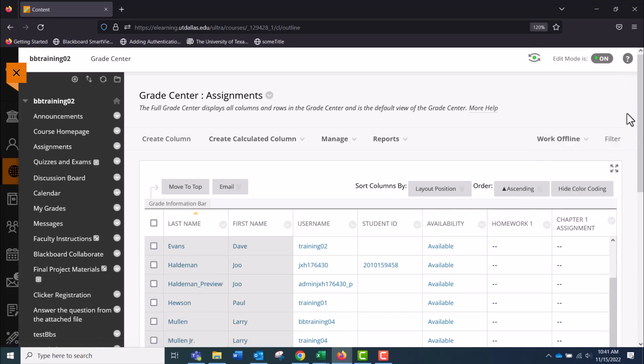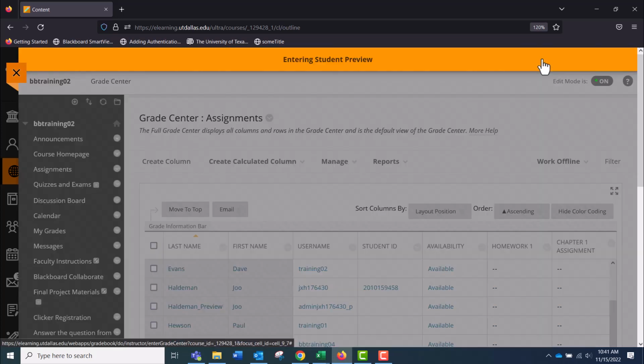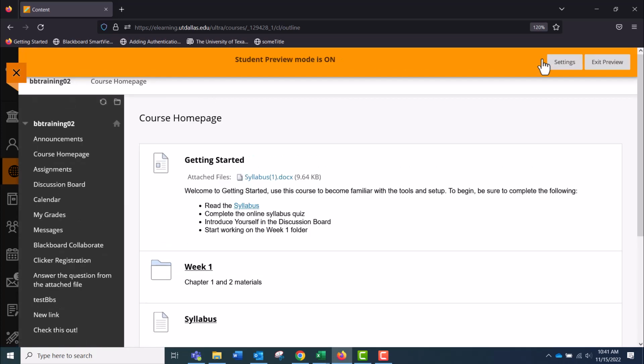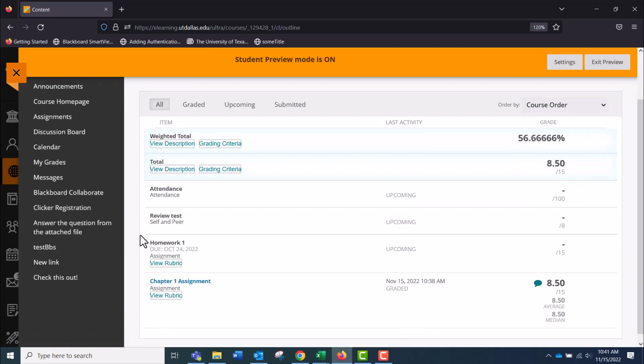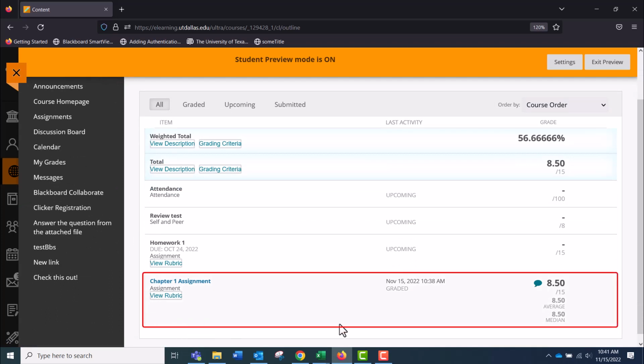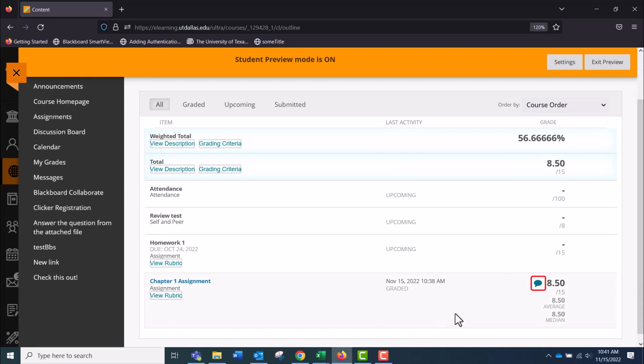Finally, let's look at what the student sees. I will go back to the student preview, and now I'm viewing this course as a student. Go to My Grades, and here's where I see my grade. This comment bubble indicates that the instructor has posted some feedback.